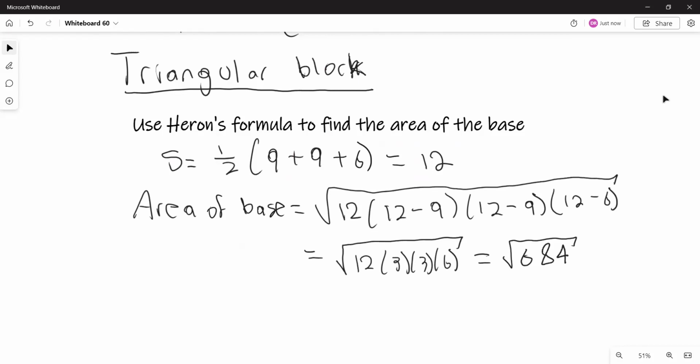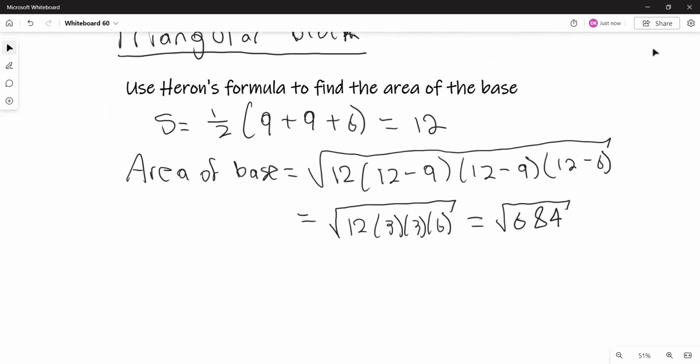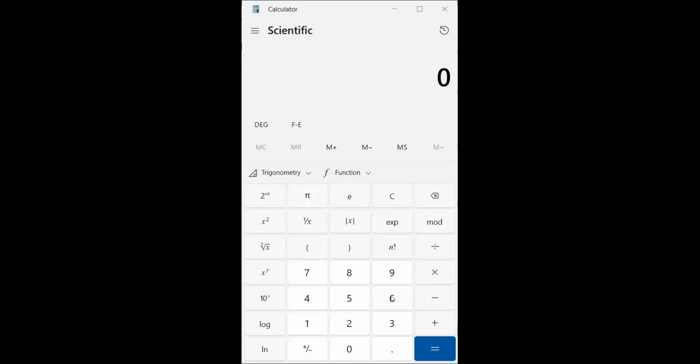And the volume of the block is going to be the area of the base times the height, which is 3. So that's going to be 3 times the height times the area of the base. When we multiply that, let's see, let's compare. We were going to have the volume, so let's compare. The square root of 684 times 3